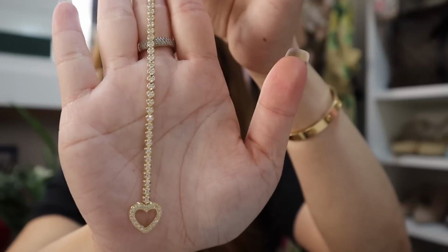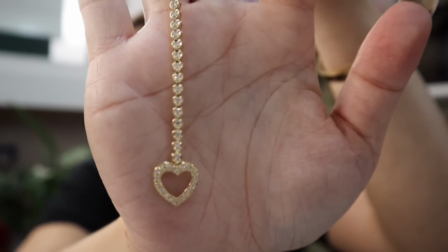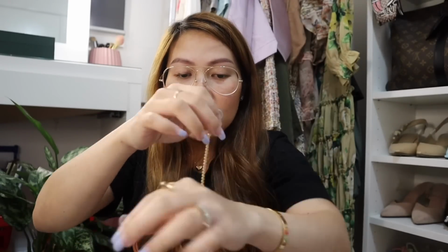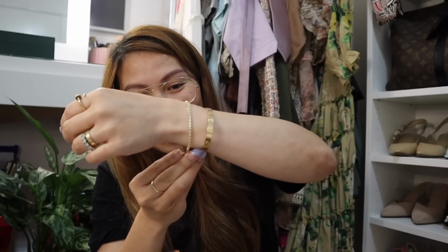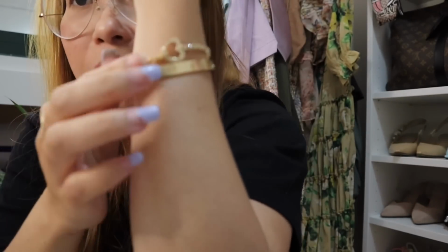Wala, sobrang kinang niya, guys. Very, very makinang. Kita niyo yung kanyang kinang-kinang? Ayan. Oo. So, niresize to siya in size 16. Lagay na natin, guys. Oh my goodness. Tapos, ganyan. Oh, medyo malaki pa nga siya. But then, that is...